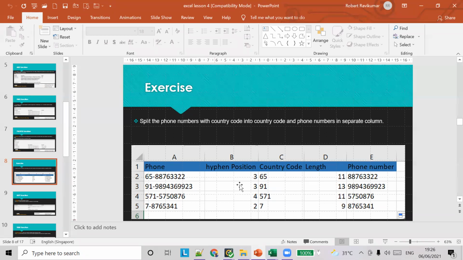So what you have to do is, first, at least you have to find the hyphen position. Are you able to find where the hyphen is in the first column? So you have to do it step by step. There is a function called FIND, which we learned.